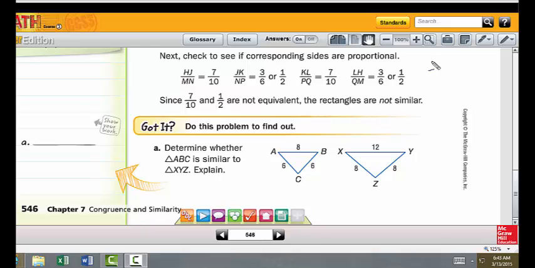Here are your solutions to 7-4. These are the letter problems. We will start with letter A. In this case, we are being asked to determine whether triangle ABC, this triangle here, is similar to XYZ, and